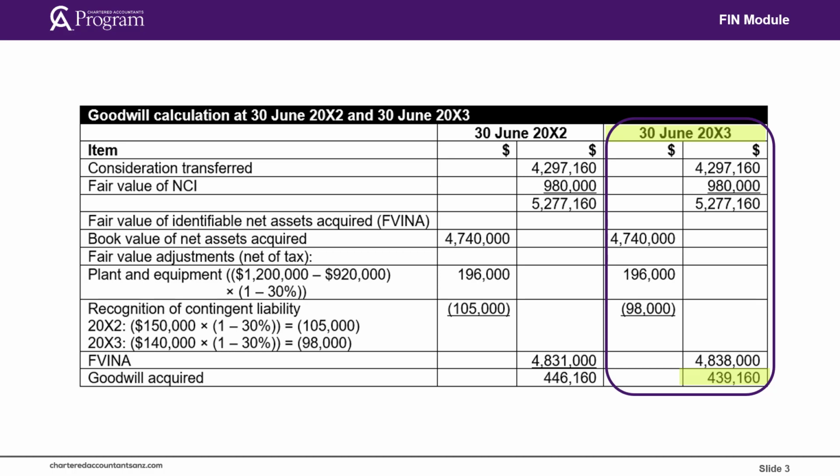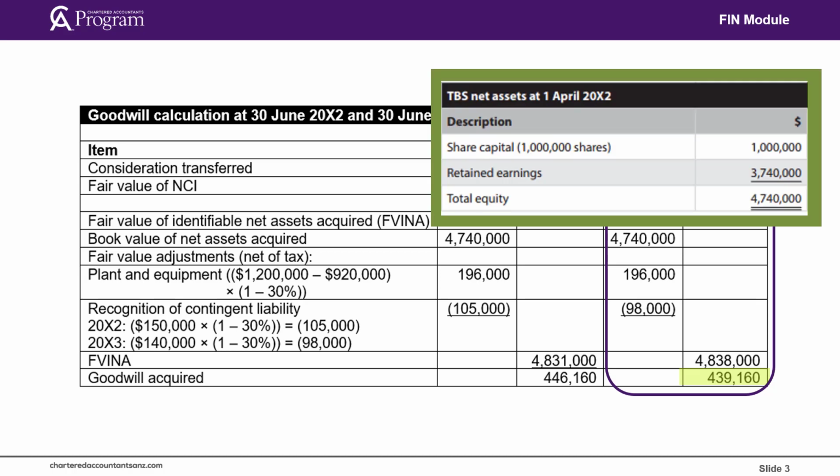Moving on to the major part of the goodwill calculation, which is calculating the fair value of the identifiable net assets. We can see that the starting point is the $4,740,000 book value of the net assets acquired. This is the value recorded in TBS's general ledger at the acquisition date. Look at the balance sheet values of TBS at the acquisition date, and you can see that this is the equity side of the balance sheet, showing the share capital and retained earnings, and that is simply the flip side of this